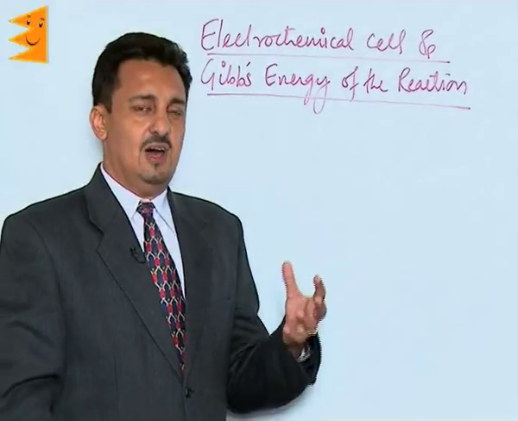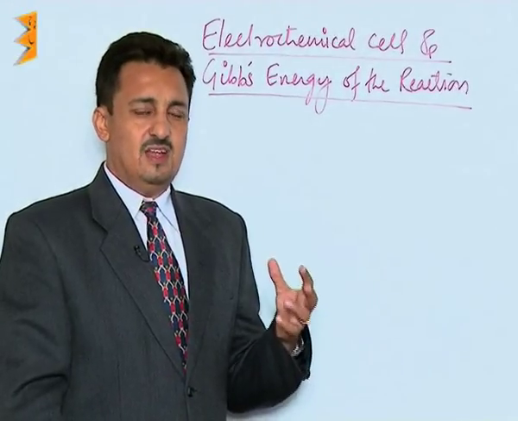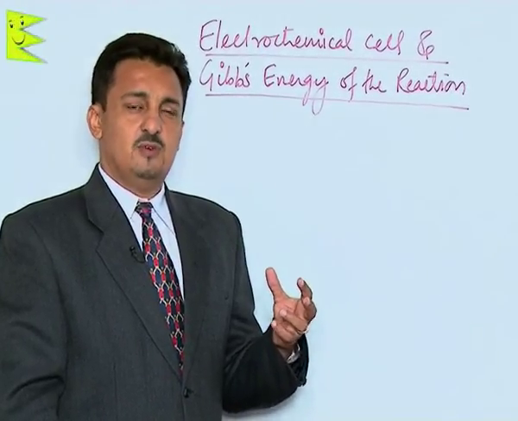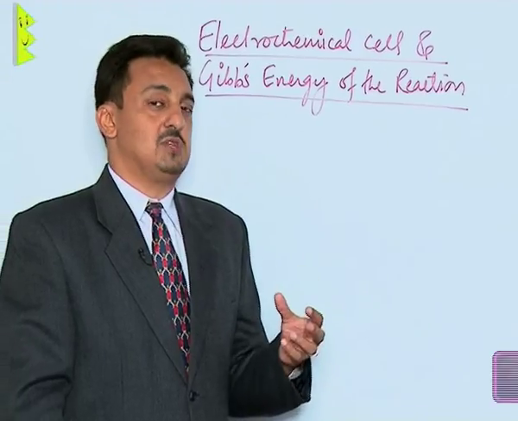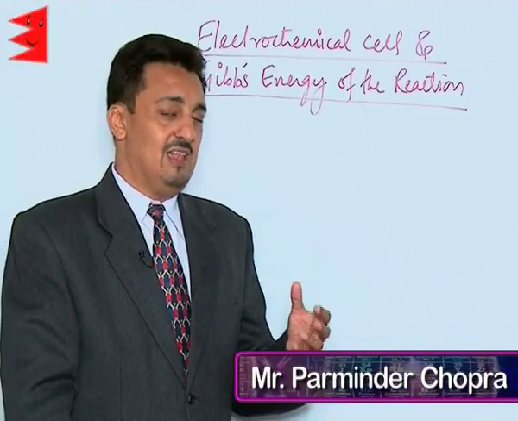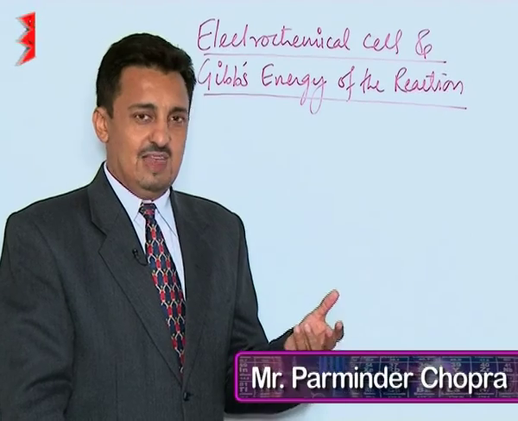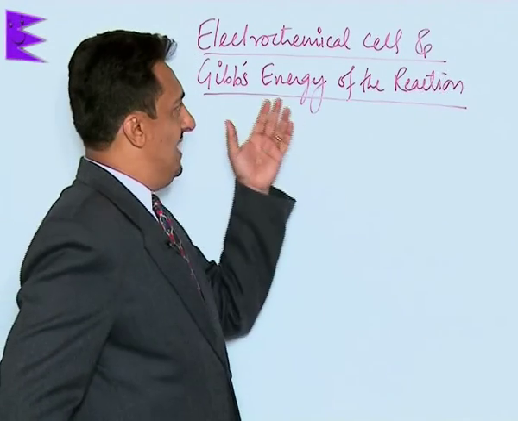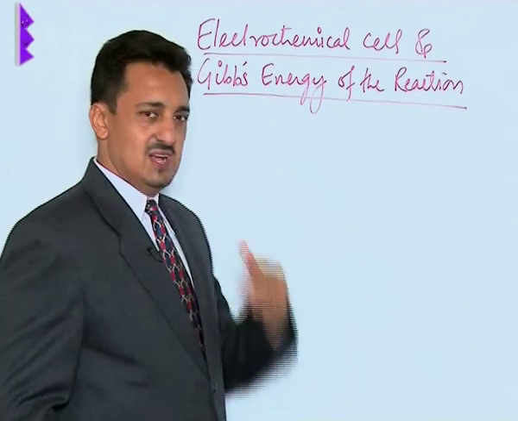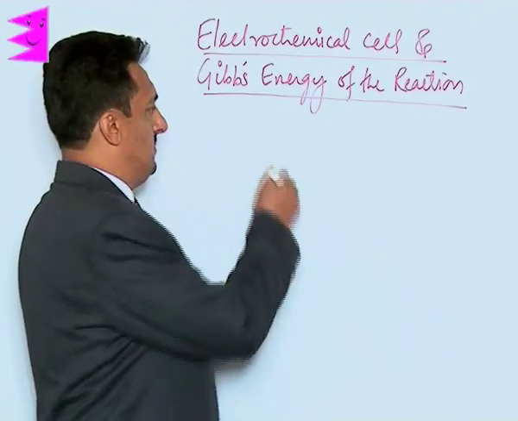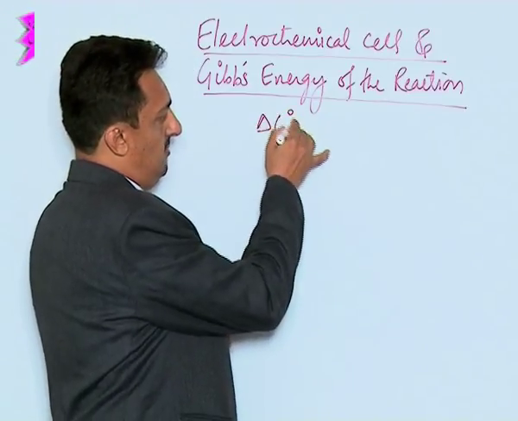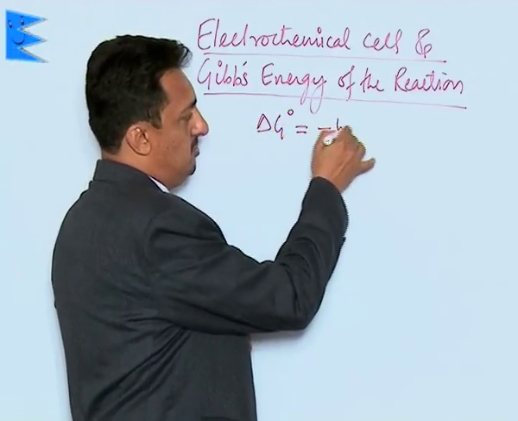Now let us see how the Gibbs energy can be determined for any particular reaction which is taking place in an electrochemical cell, or basically in any of the galvanic cells. So the topic is electrochemical cells and Gibbs energy for the reaction. See, we know the Gibbs free energy is always equal to minus W,